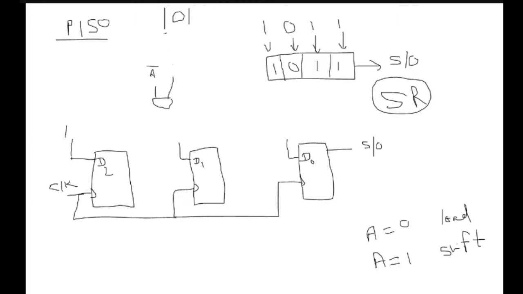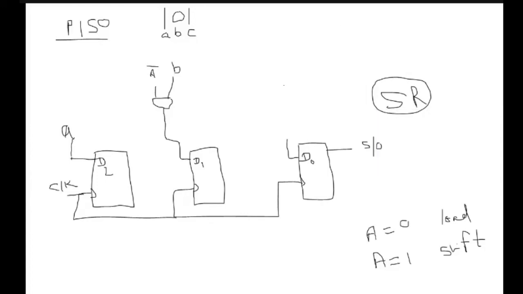So this is my small a, small b and small c. This is the data that we need to enter. So I will be applying small a here, small b will be applied here, and this will be connected to my D1. Similarly in the second case here, I can use an AND gate, data A bar, and this will be connected to D0. So when A is equal to 0, data will be parallelly in, because it is a loading. We need to load the data parallelly.